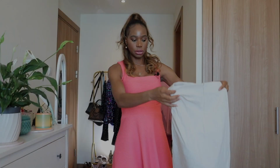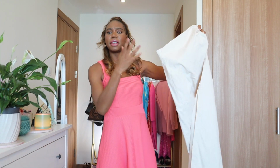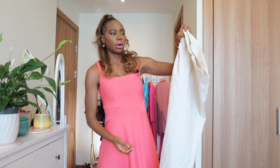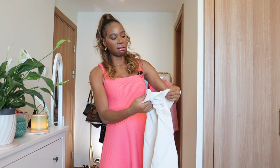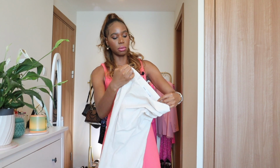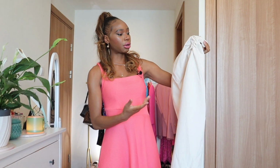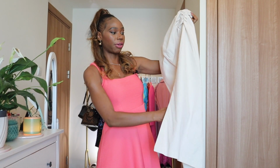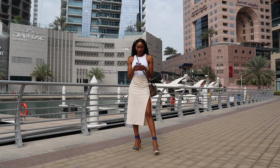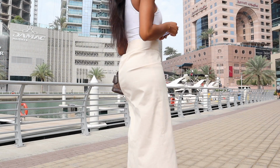So let's get into the best loved bits and bobs. To start with, over here I have this midi skirt from Zara. I believe they've done these skirts quite a few times because I keep on seeing them, and initially I was like, oh, I'm not into Zara anymore, I don't want it. But I love it because it's a neutral color, it's cream in color, and it's got a high slit on the front. So it does add on to the sexiness, but still modest, because a midi skirt really falls below